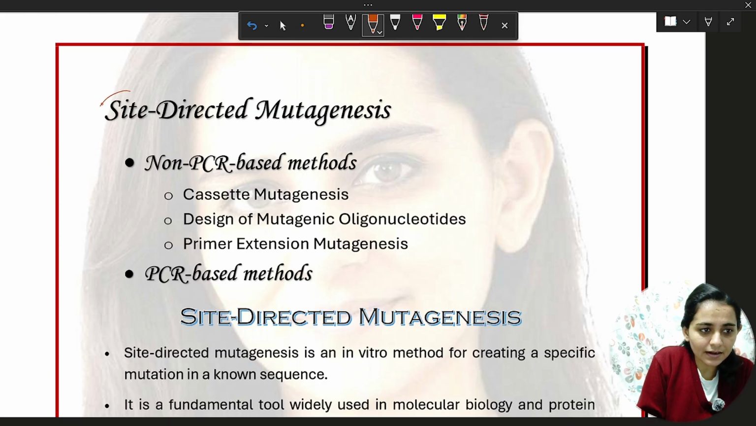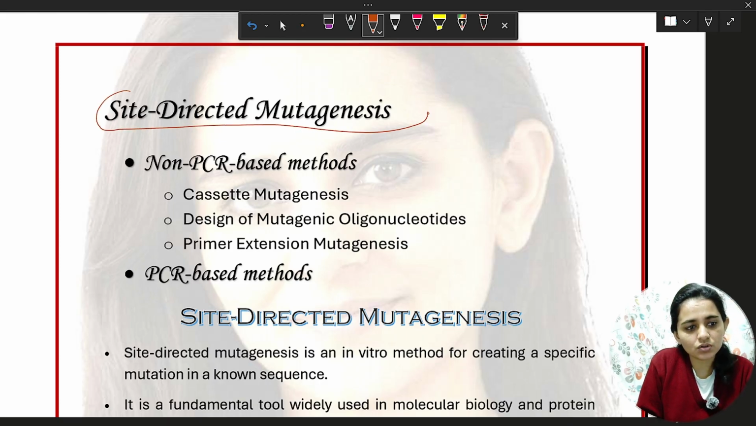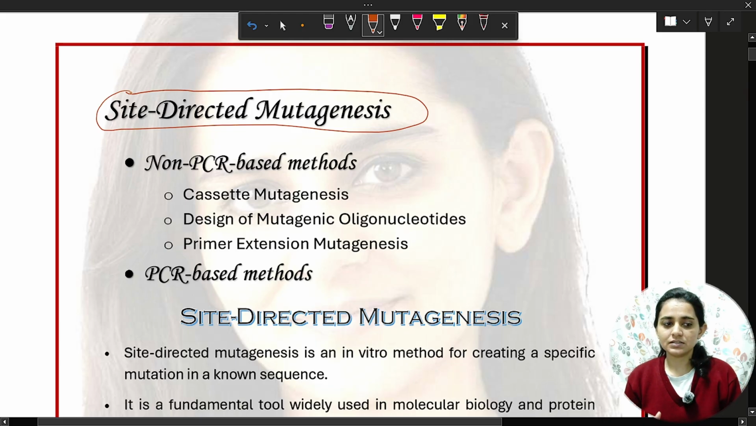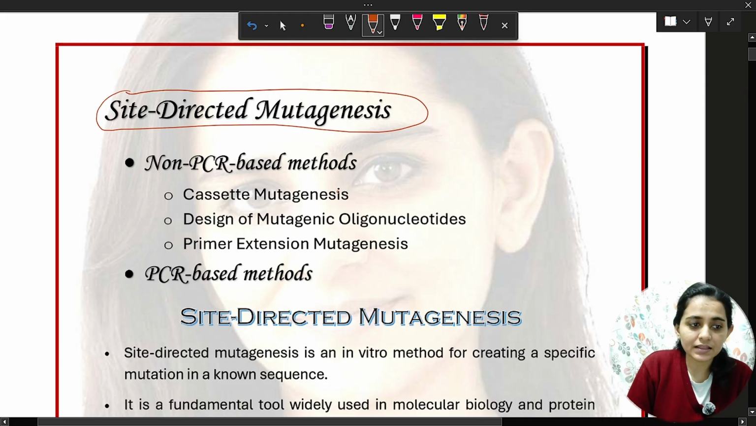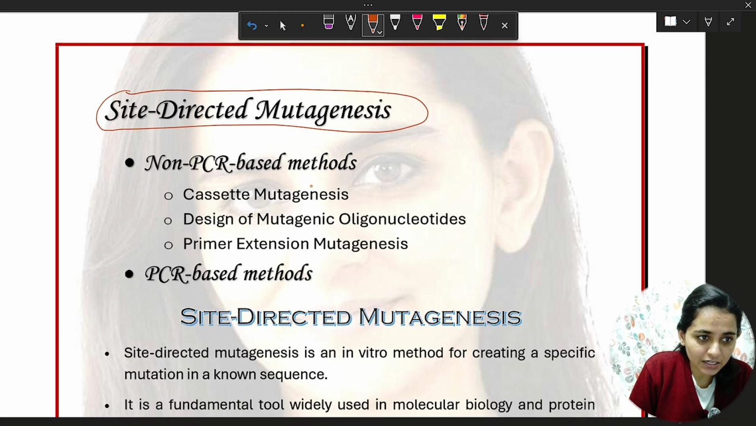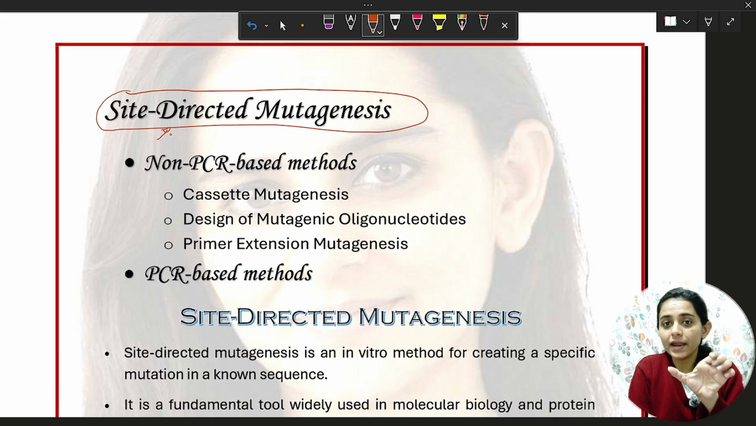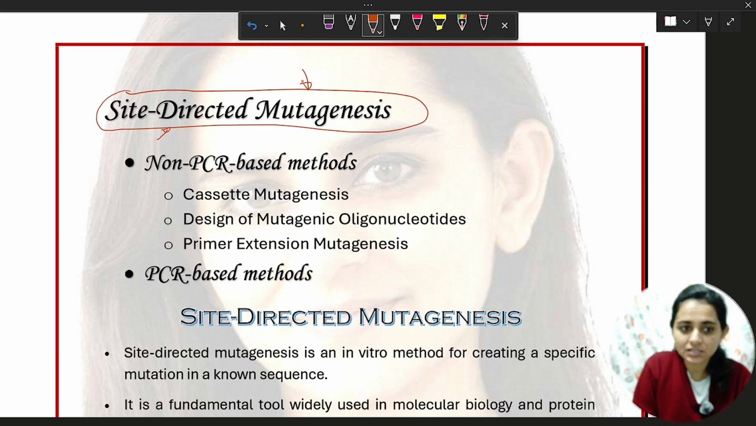So in this class we will see about site-directed mutagenesis. As we see the name site-directed mutagenesis, what does it mean? Site means at a specific place. Mutagenesis means